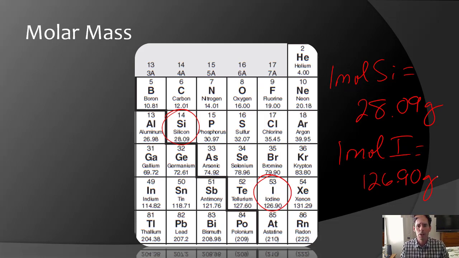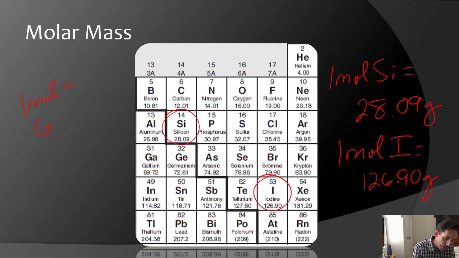of iodine has 126.90 grams? Do they have a different number of protons and neutrons in them? They do. And because we've taken the average mass of them, we're getting the average amount of them overall. Okay, remember there are different isotopes, and this atomic mass takes into account the different isotopic masses that we have there. Okay, so we're going to use this to be able to count without counting, because remember, 1 mole of